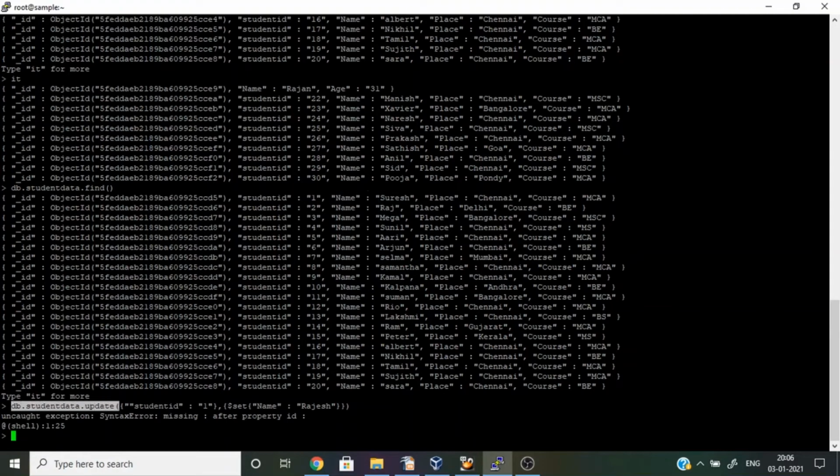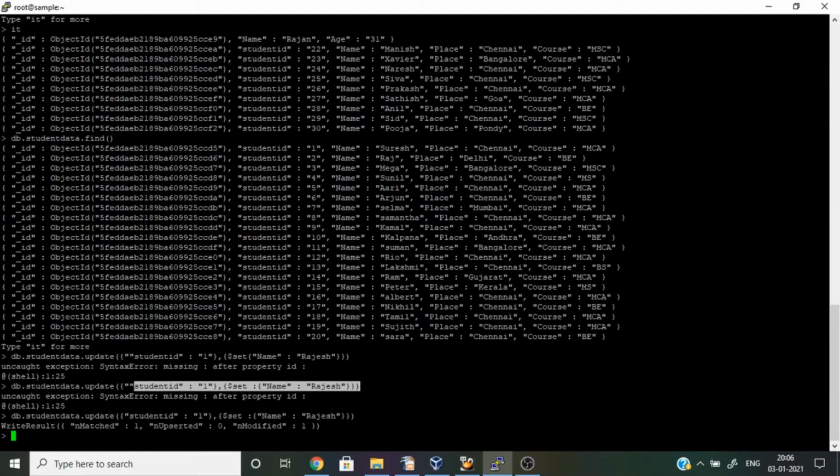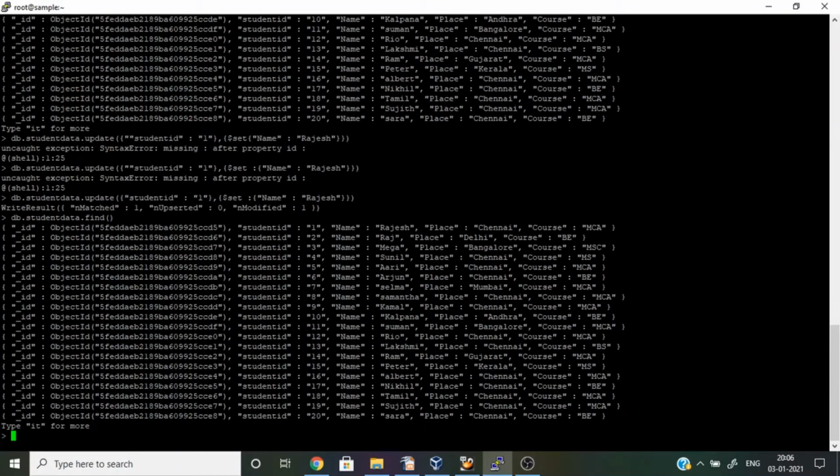Sorry, that's a syntax mistake. Now you can see that the data got updated. You can verify by querying the collection: for student ID 1, the name got changed to Rajesh.